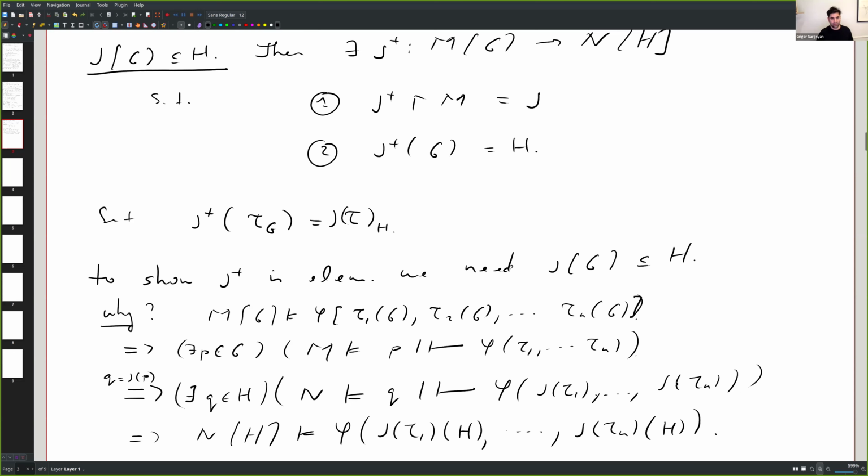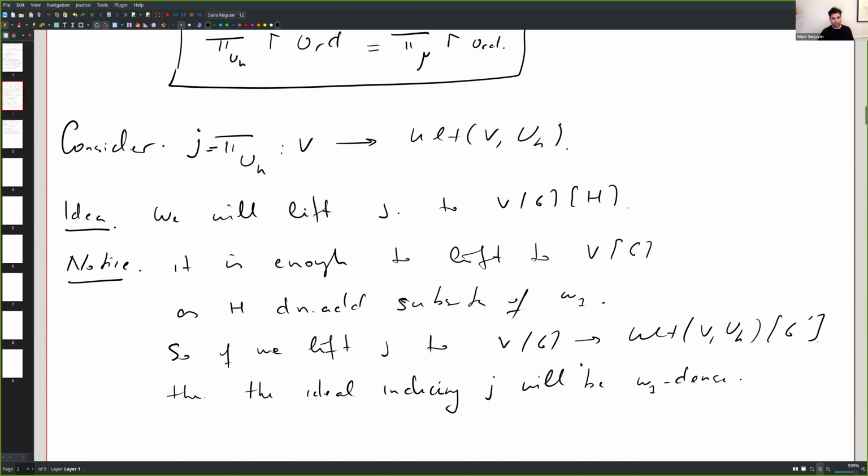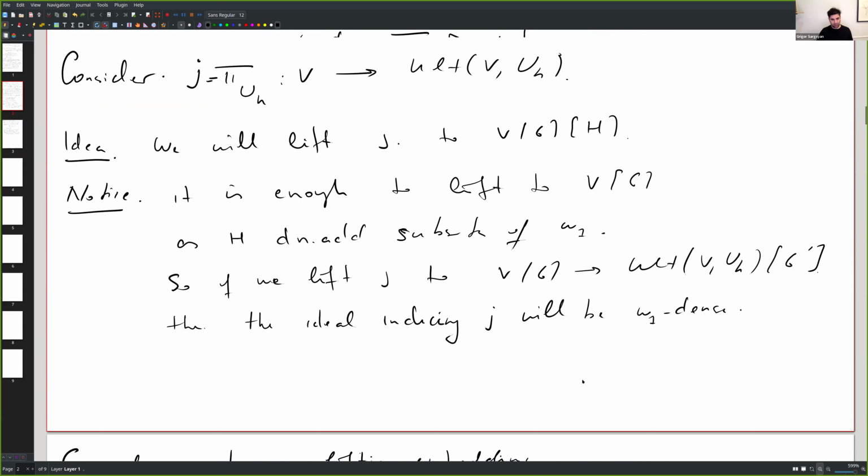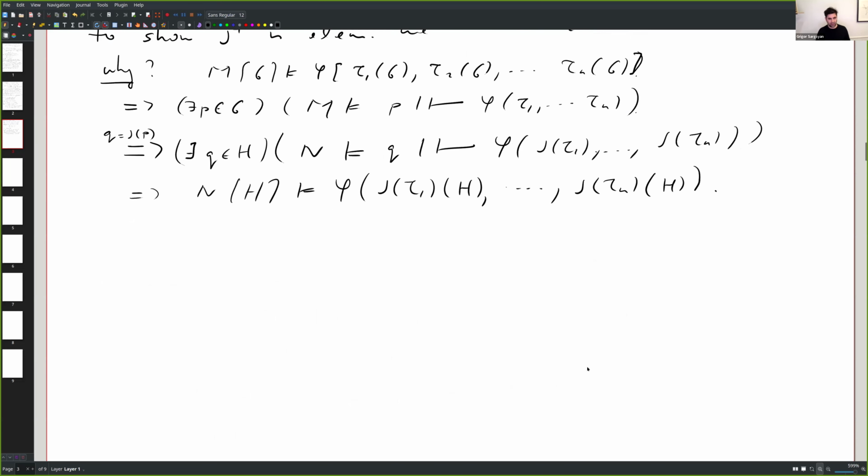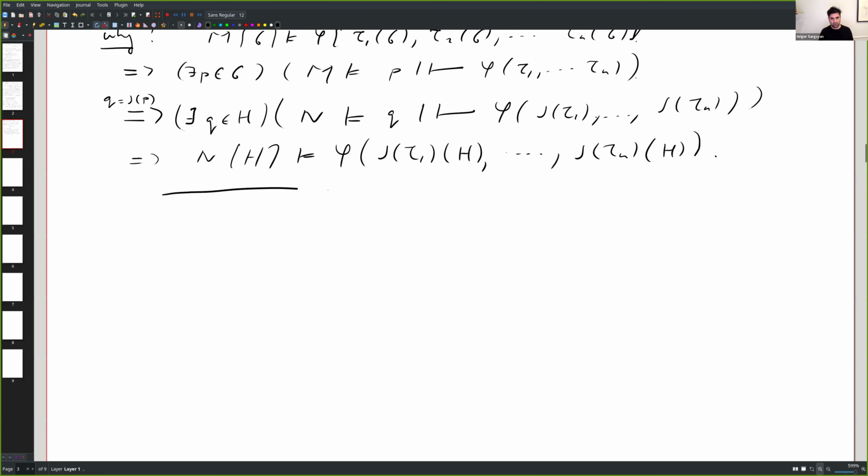All right. So let's go back to the situation we are in. If I want to lift this embedding, what I need to do is find G' such that it contains the pointwise image of G. And once we do that, there is nothing really else to do. So let me just tell you how we do it, and I guess it's a short meeting.